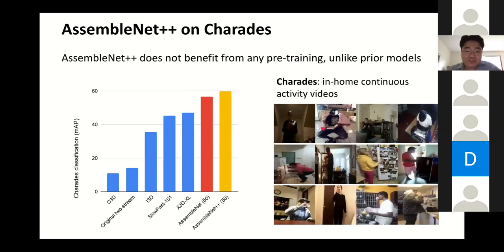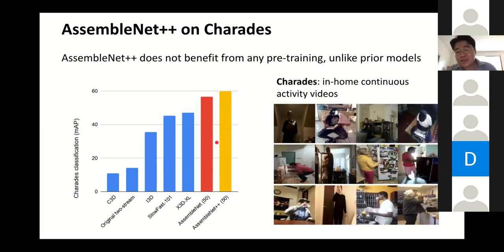And Charades actually is an interesting dataset because each video in Charades dataset is about like 30 seconds or more. And it's also multi-label dataset because a person does multiple things within these 30 seconds. And we need to label all of them. So, and if we compare, and these blue ones are hand design architectures, and these red one and yellow one are what AssemblyNet was able to achieve.